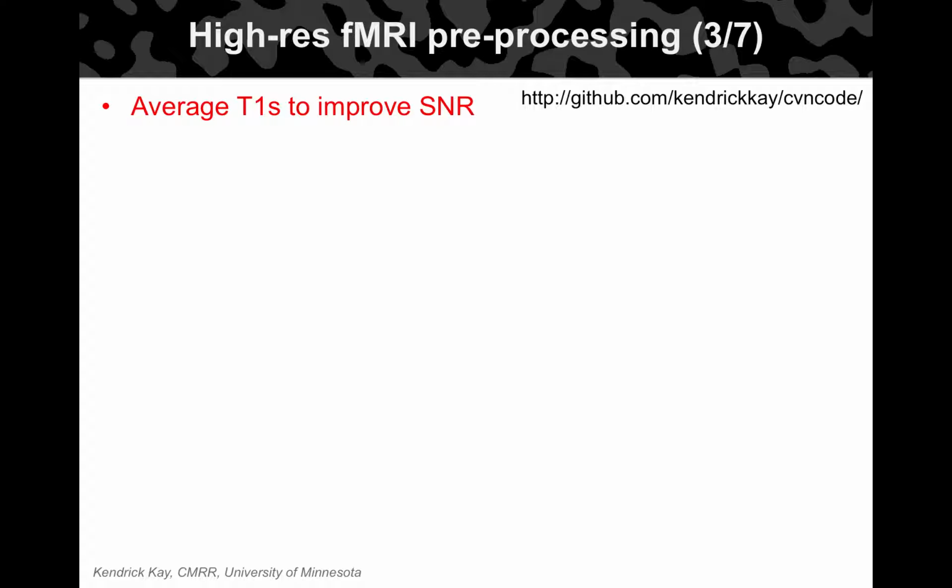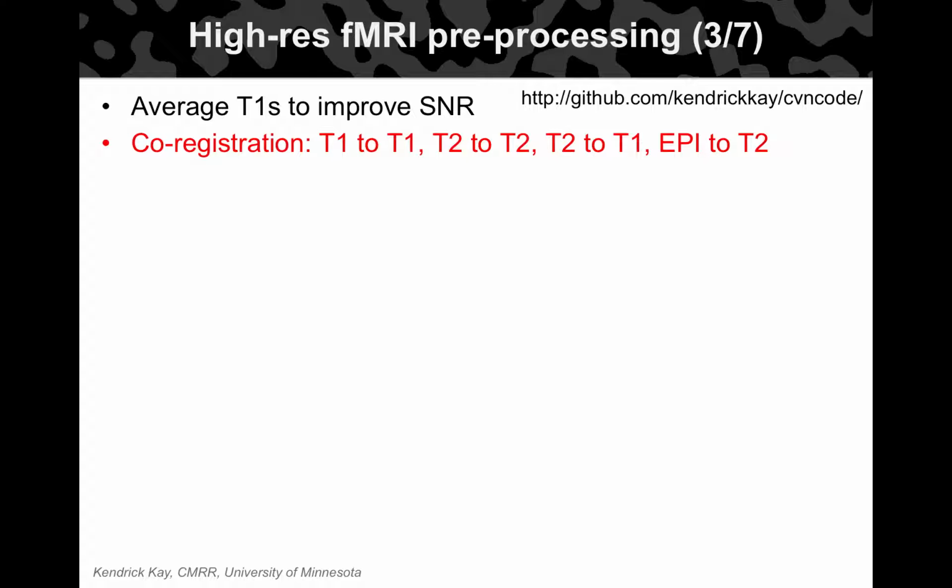So we do some co-registration of T1s, averaging to improve SNR. That co-registration is a big part of fMRI data, as you're probably aware. There's a bunch of co-registrations we think about. We do within-modality T1 to T1 co-registration for a given subject, and also T2 to T2. And then we do a T2 to T1 registration step. Of course, different tissue contrast, so there are some potential pitfalls there. It's always important to visualize and check for accuracy.